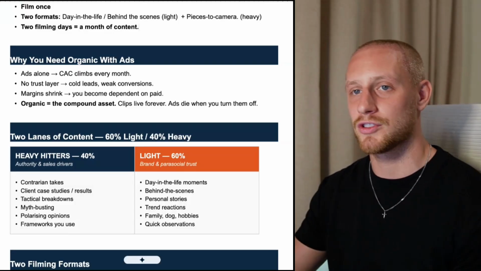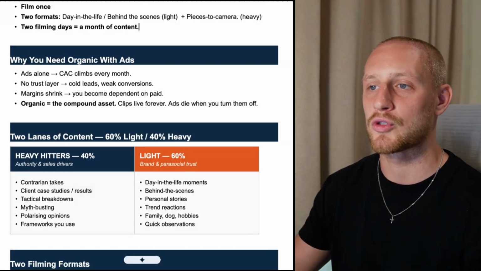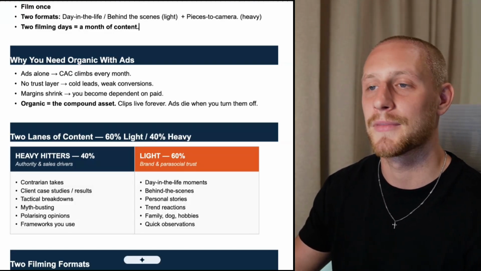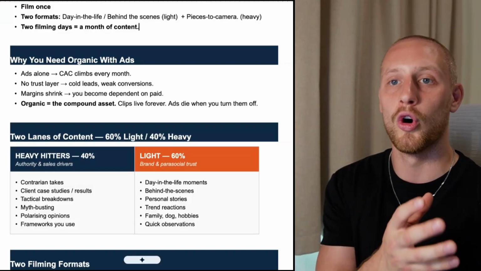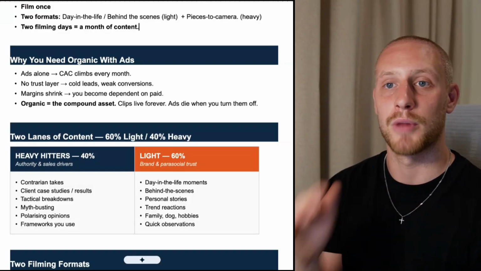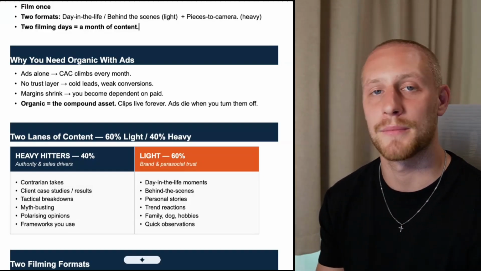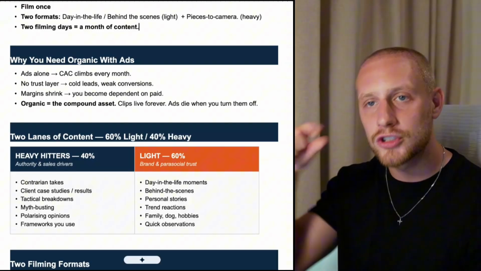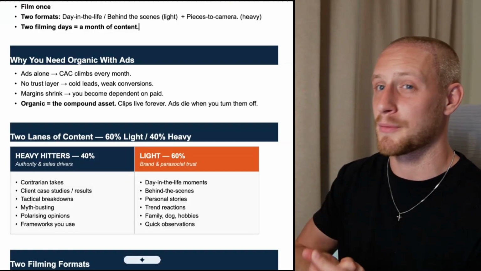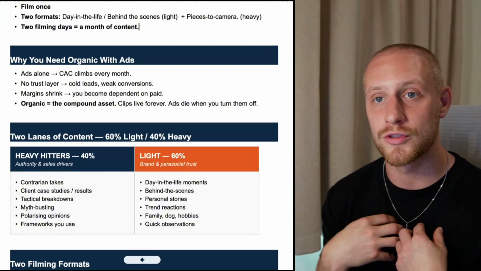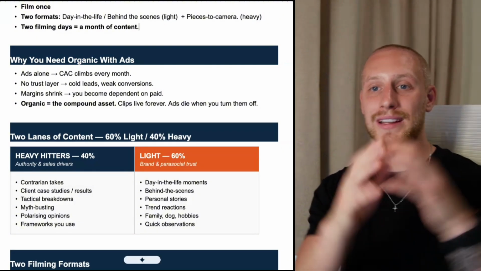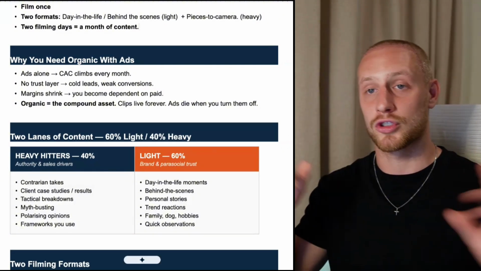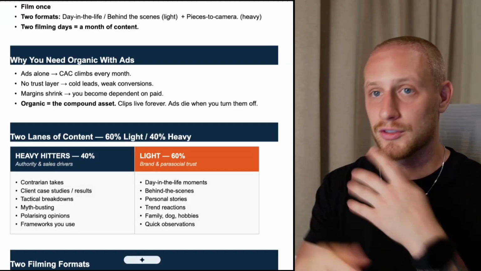Then you've got your piece to camera heavy. Now, guys, remember, this is a surface level strategy. I'm not trying to teach you to be the next Nick Setting here. I'm trying to teach you to go from not posting at all to posting in the right order and the right way, okay? Then you can start to dial in things like my specific messaging, how I look on camera, the clothes that I wear, the way that I speak, how I set my scenes up, right? Just going to go into a little nuance on that, just so I can give you some more value,